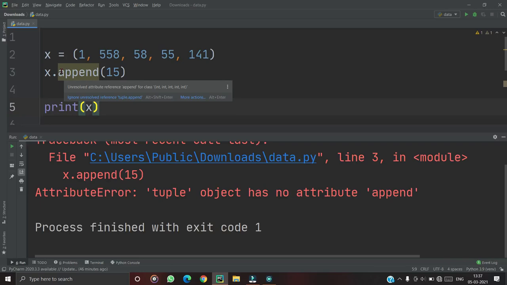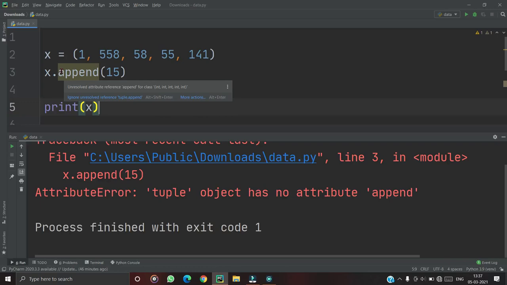All the other things are the same as lists and strings, like accessing tuples and updating tuples. Sorry, updating tuples is not available in tuples.